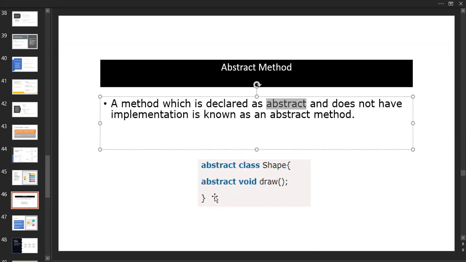So like this we are having. So this is the one, and it does not have an implementation. One thing I already said: abstraction doesn't have any implementation, but in a general class we have to implement it, isn't it? So we have to implement it. I will show you an example so that you will get a clear idea about this.